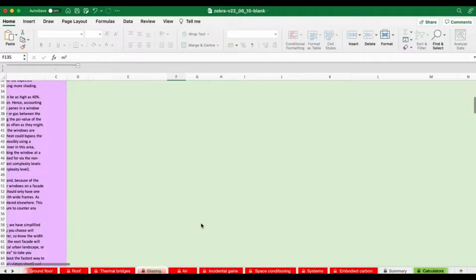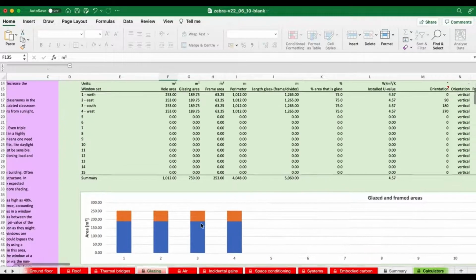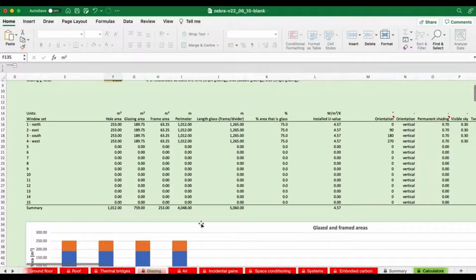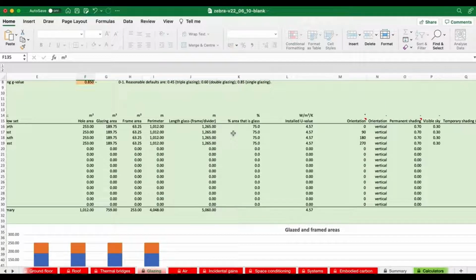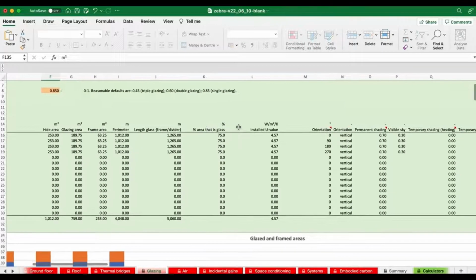And if we now scroll back up near the top, we'll see this glazing table, which is the information going to go into the calculation engine, has already been filled in for us. And we can just have a quick look at some of the numbers here. Because of all those frames and subdivision of the glazing from type H, you can see that only 75% of a window on average we believe is actually glass. So that's the first interesting fact.